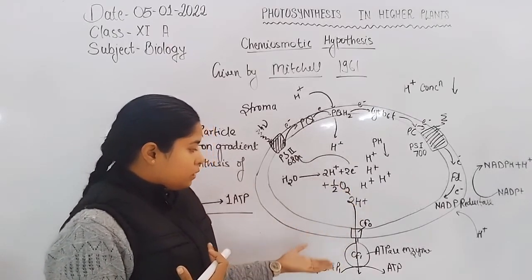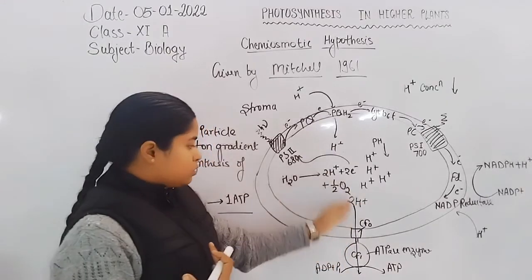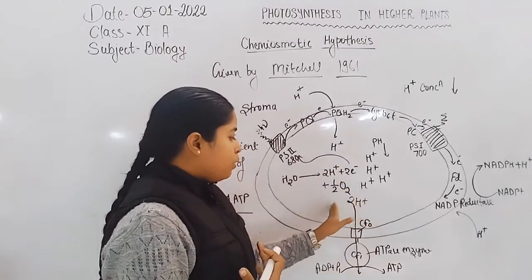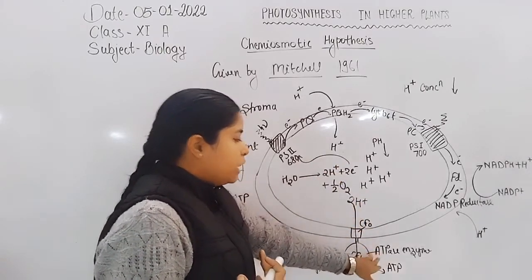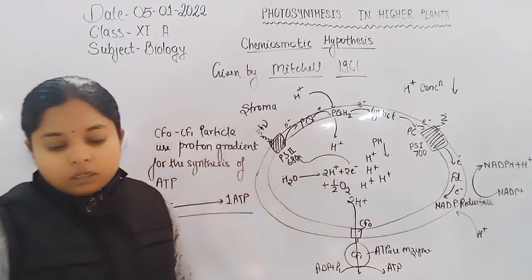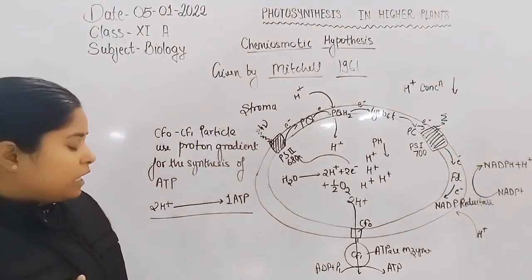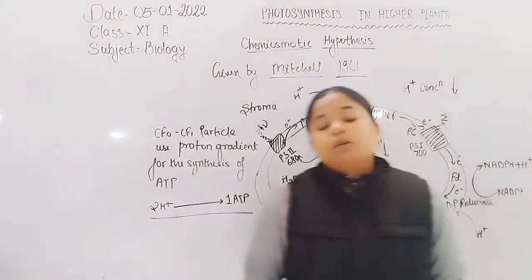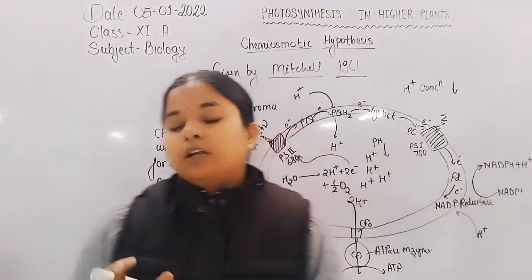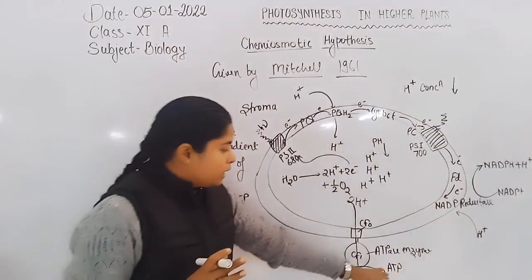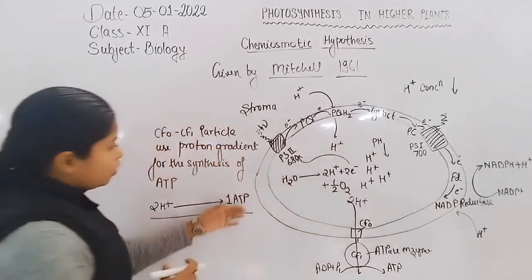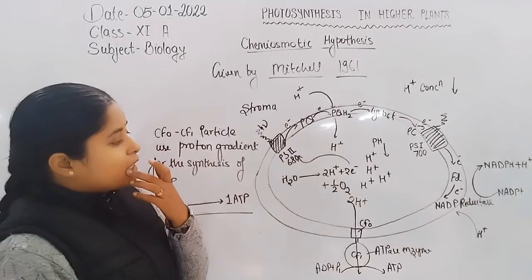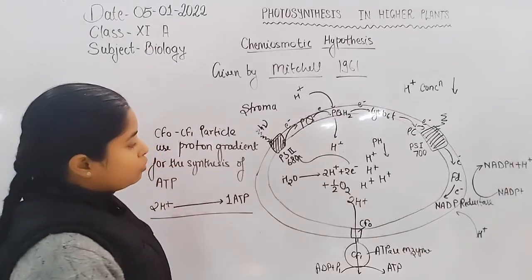That's why when the CFO-F1 particle transfers protons from the lumen to the matrix, due to the change in the configuration of the ATPase enzyme, ATPase binds the ADP molecule and inorganic phosphate to form the ATP molecule. So this is the overall mechanism of synthesis of ATP molecule